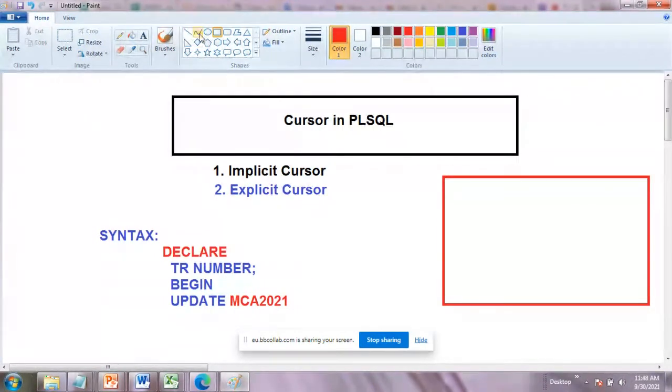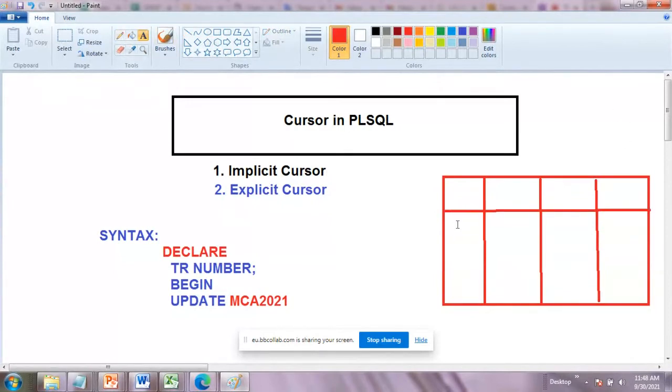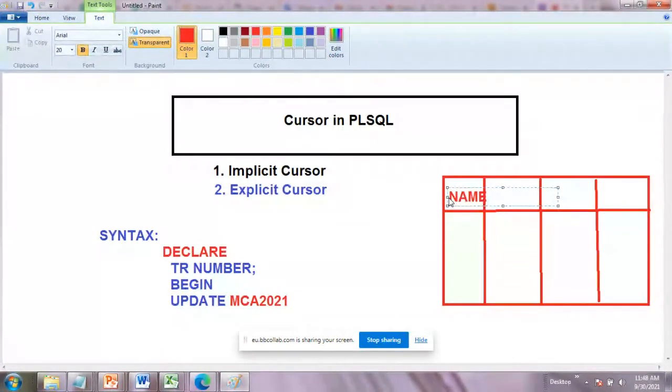Suppose there is a table that holds 3 rows, 1, 2, and 3. Here you can write the columns: name, email, phone, and then salary.